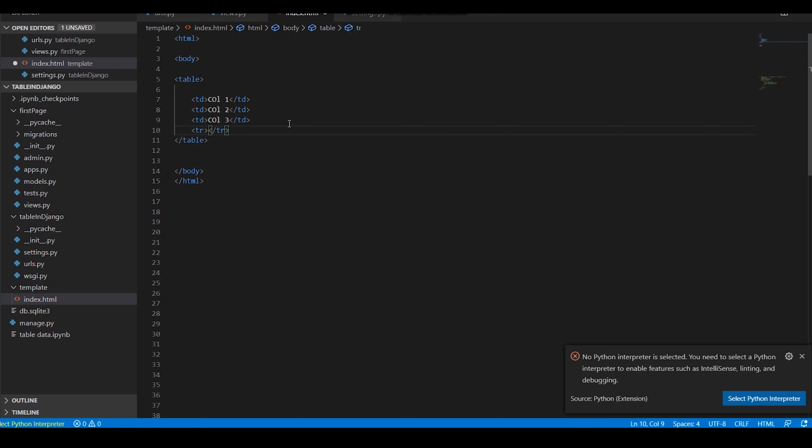When we are inside tr, it says which row. Now we have to say which data cell, and that can again be defined by td. So let's say td, I would say column 1 as well, and we will just copy paste.